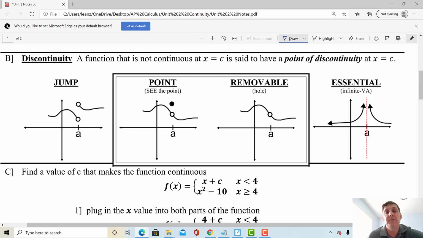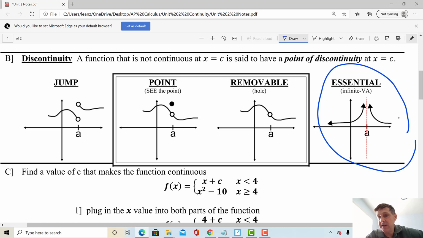Okay, in the middle box we have two types of removable discontinuities. Sometimes there's a point, like in the first example, and sometimes there's not. A removable discontinuity is when the limit exists, it's just not equal to the value of the function at that spot. Then for the last example we have essential discontinuity. An essential discontinuity is when at least one of the